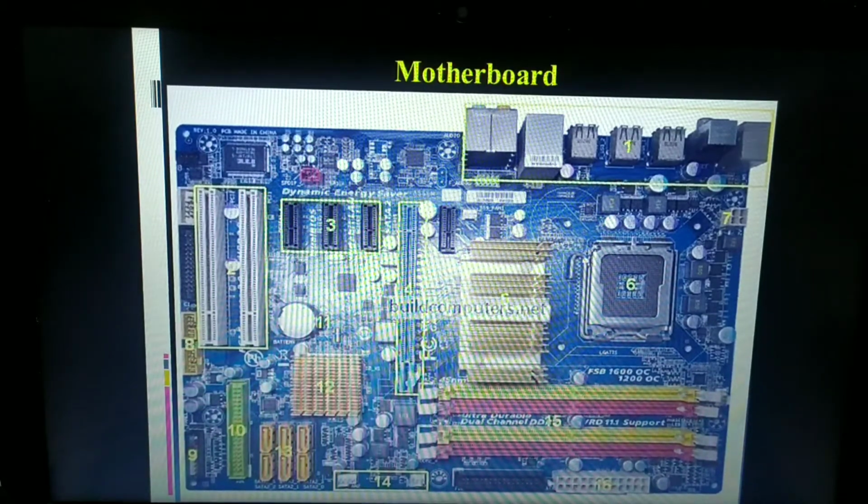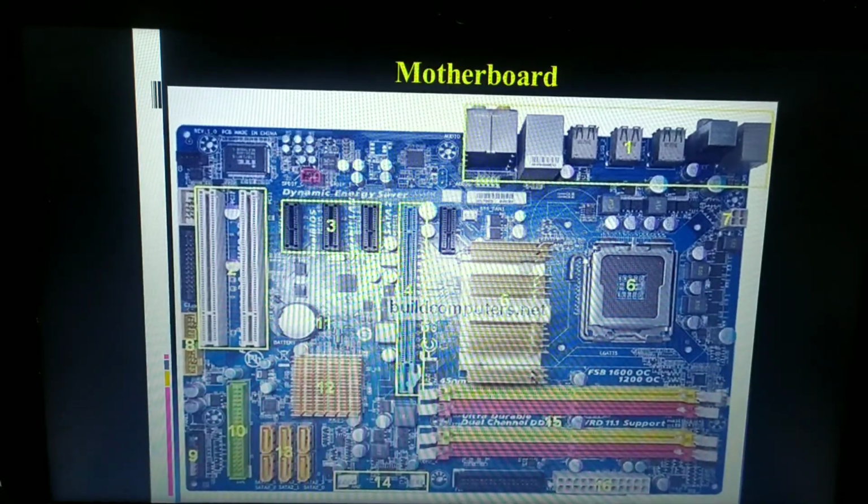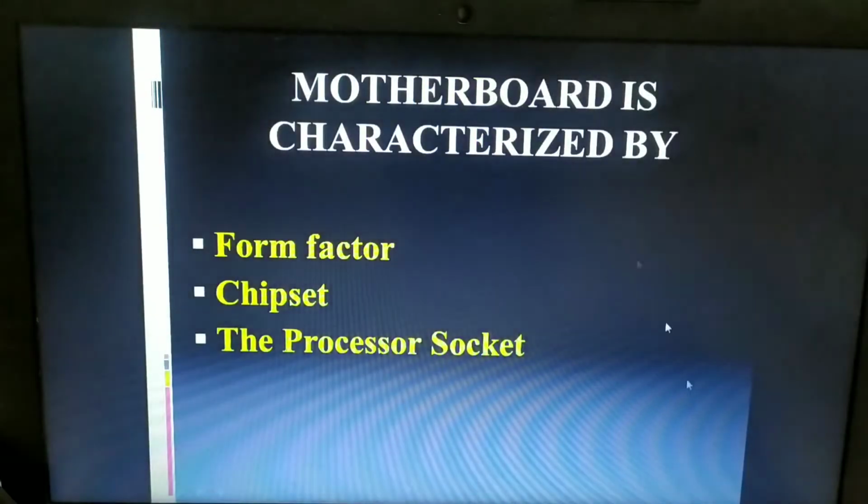Now, moving on to what are the characteristics of a motherboard? Motherboards are designed based upon three different factors or characteristics. The first one is the form factor, the second is the chipset, and the third is the processor socket. Coming to the first one, the form factor refers to the motherboard's geometry, dimensions, arrangement